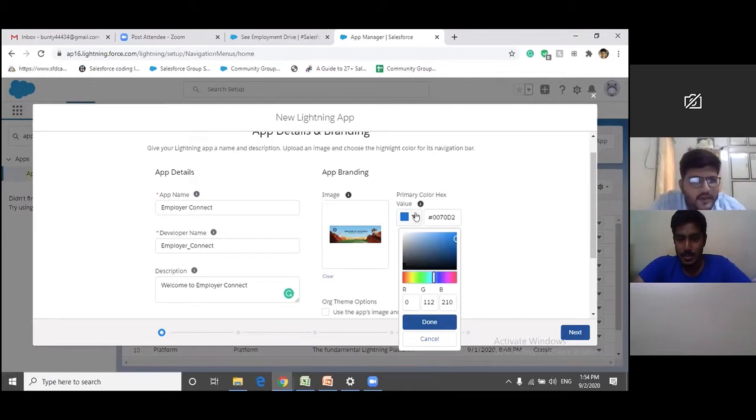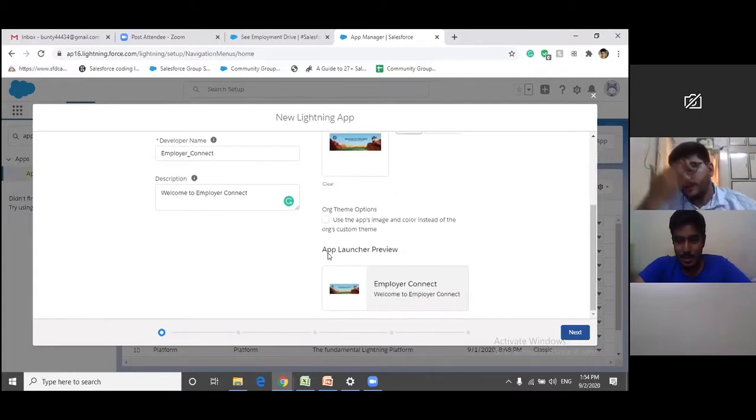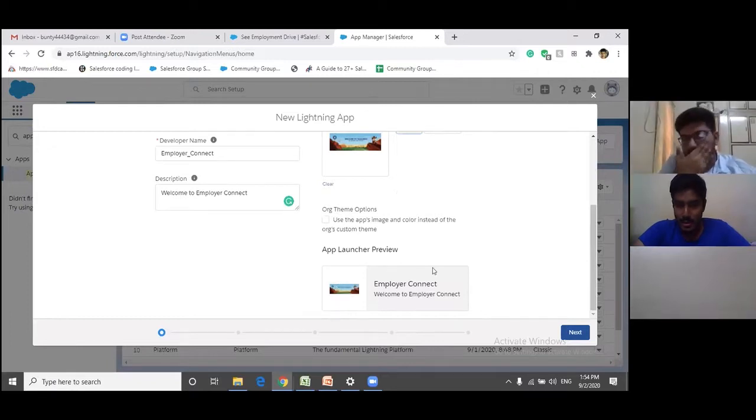Next is the primary color hex. I will show you what the primary color hex does once the app is built. As of now, I want to put the primary color hex as red. Might be my favorite color is red. Here you can see the preview. This is how our application logo is going to look: Employer Connect with our banner and welcome to Employer.